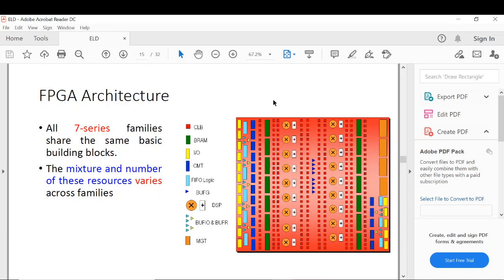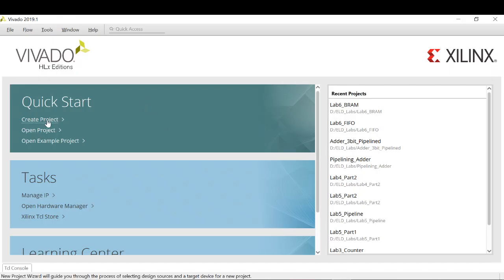How can we use these blocks of memory present on our FPGA board? For this, we have a proprietary IP from Xilinx itself, called the block memory generator. We will look at the use of the block memory generator to make a ROM, that is, a read-only memory, and use it for our purpose. So now let's get started with the new project.